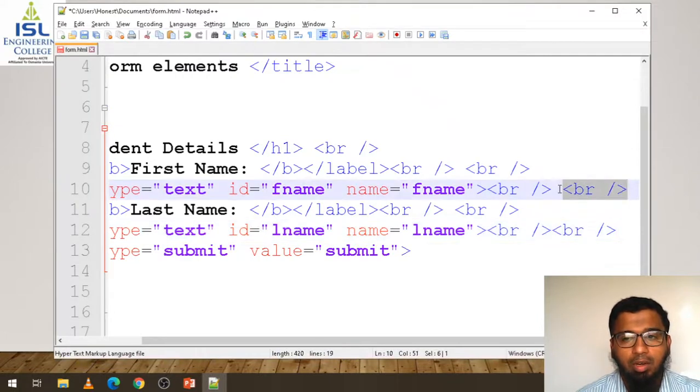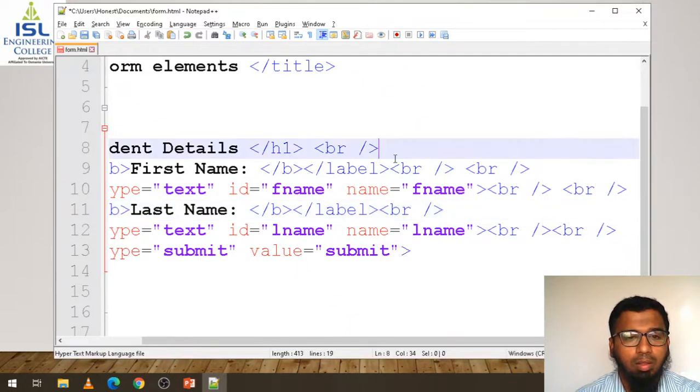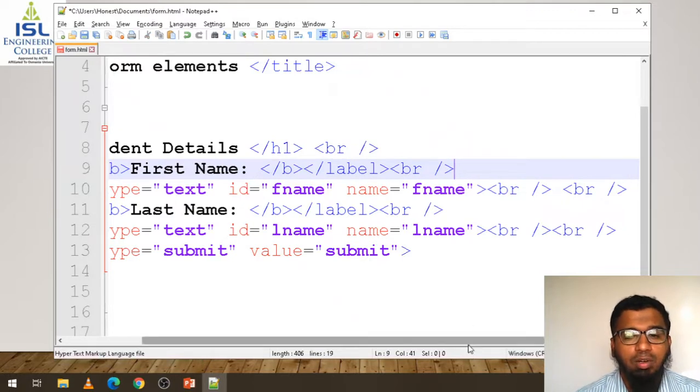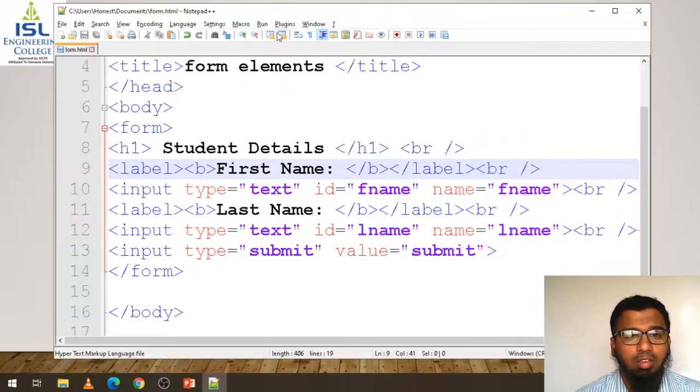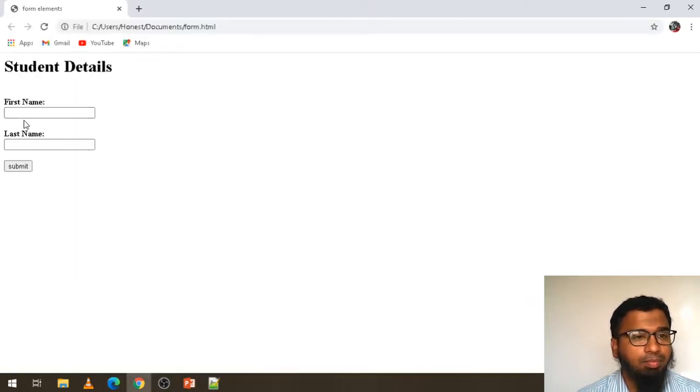Okay, and after first name, okay, so I remove here some of the tags. So let's go and find the output, like see, first name, last name and submit.